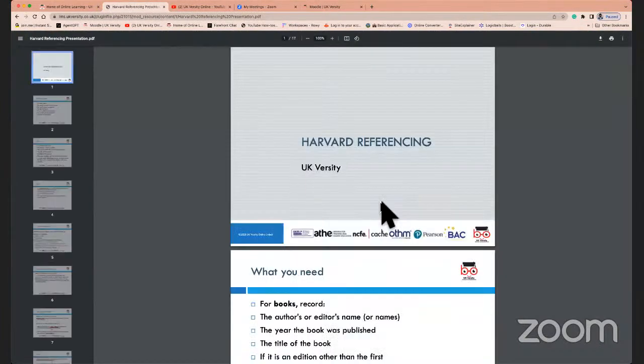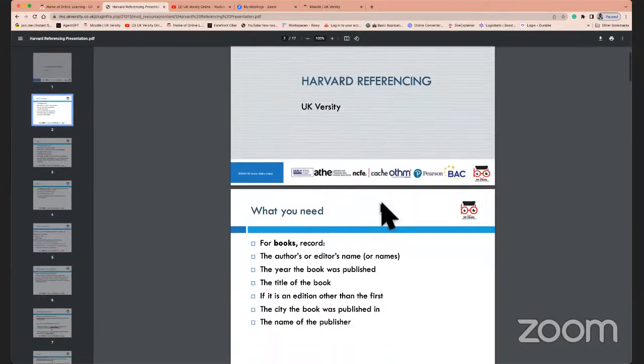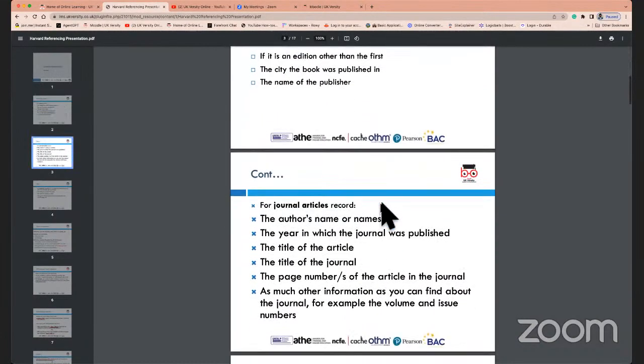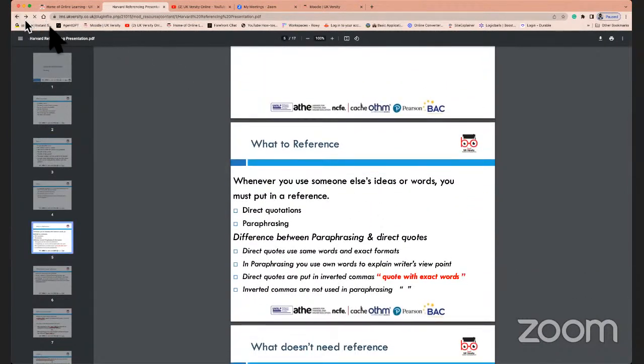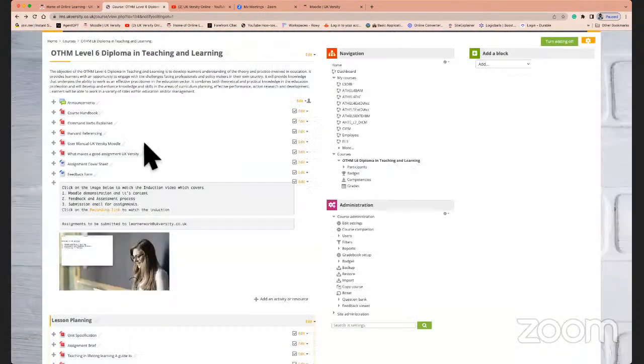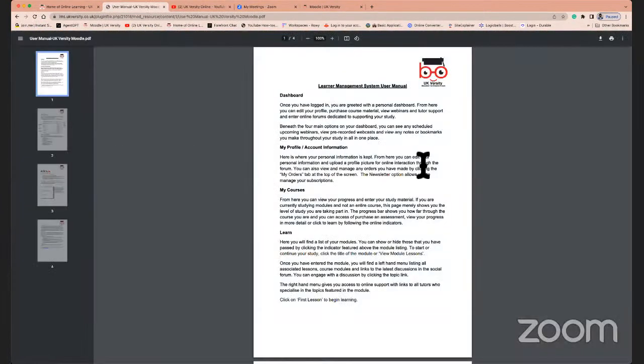Now, most of the work within the units is going to be referenced using Harvard referencing. As a presentation, that's the other bit that we've included, although you would be familiar with it now because you've done, or are completing, your level 5. But we put together a short presentation on referencing, which will allow you to understand what Harvard referencing is. This is something that I would expect you to go through. There is a small user guide on Moodle, should you wish to go through it.